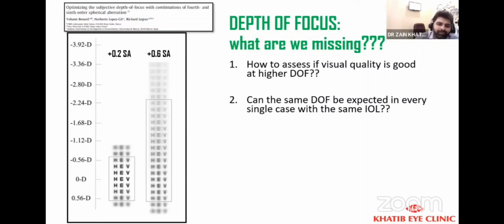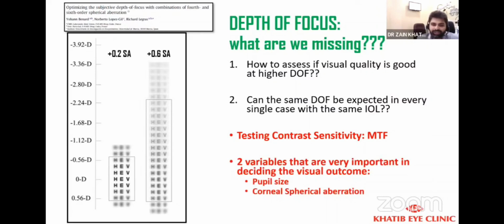But look at the extreme letters. Even though they are visible, they are extremely hazy. Is the patient going to be okay with letters at this kind of contrast? I'm sure you cannot just go on increasing depth of focus. One very important factor is to test the contrast sensitivity at different depths of focus, and that is done by something called the modulation transfer function. Two variables of the eye that are extremely important in deciding the visual outcome are the pupil size and